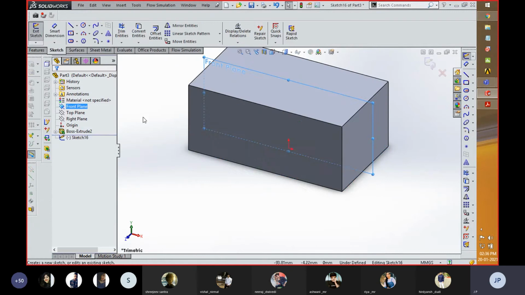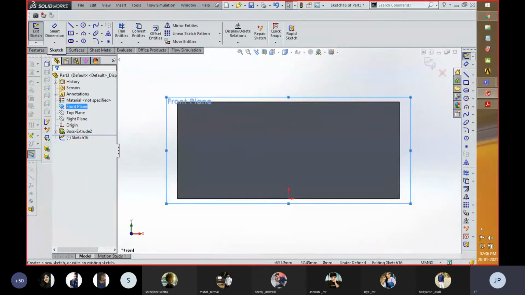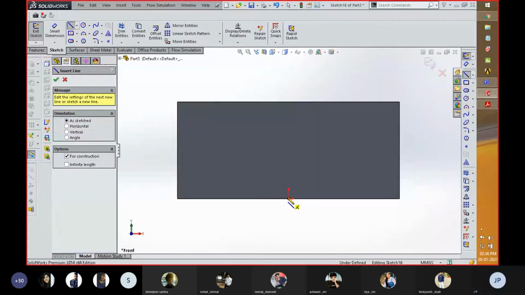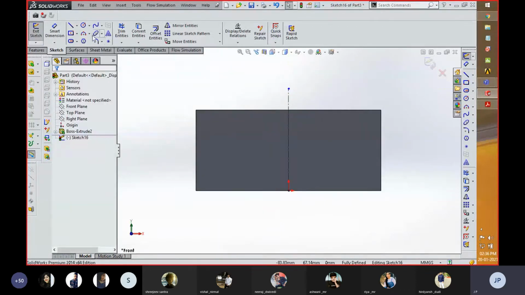In the front plane I'm going to create a sketch, keep the component normal, create a center line, then after that you need to create a profile.